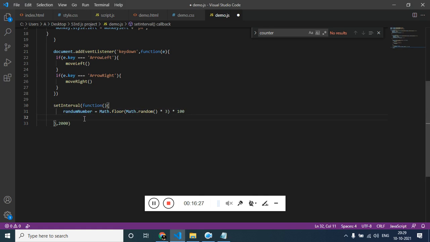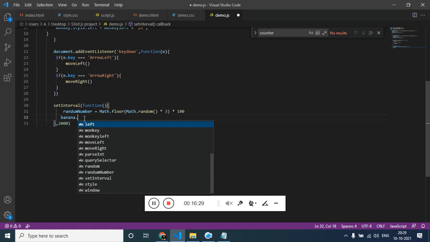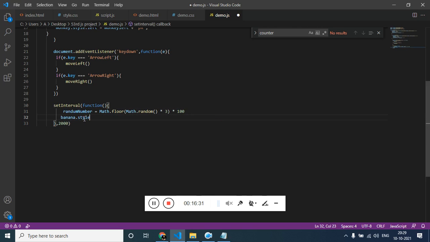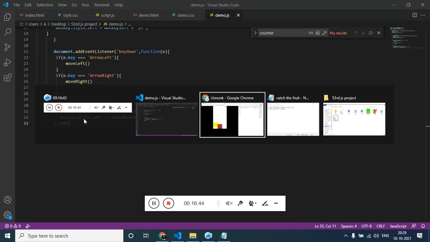Get the banana, then style.left equal to randomNumber plus the pixel value. So instead of 2000, let's make this 1000. Let's check.